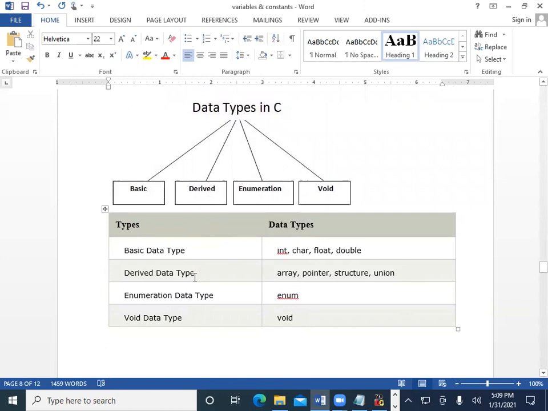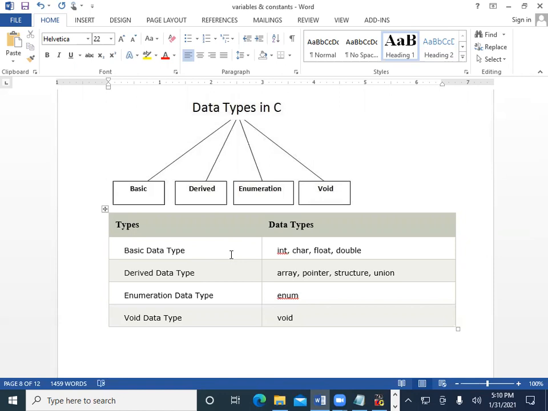The basic data types are what we generally use in a program. In the last few lectures, we have seen the different data types that we use for the variable. As the variable syntax is data type and the variable name, we define this data type, the basic data type, that is integer, character, float, and double. So these are known as basic data types.